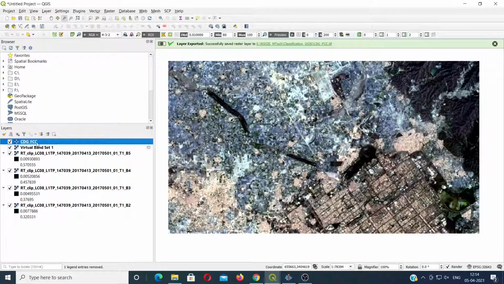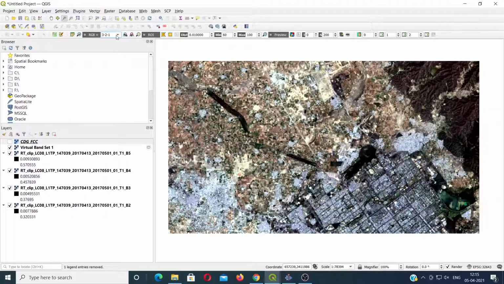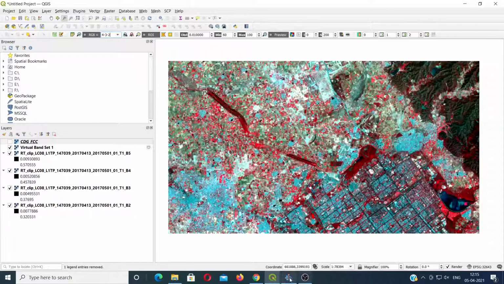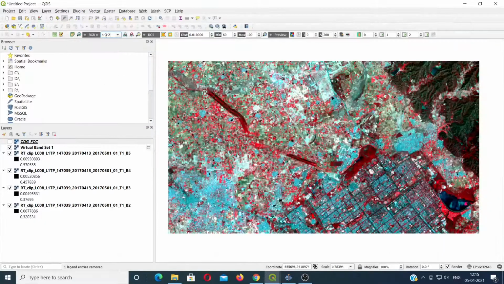So now it has been saved. What you can do is if you want some other band combinations, that also you can use. For example 321, so 321 will be assigned for RGB. If I take 432, now here in our band combinations, the number 4 is the NIR, number 3 is the red and number 2 is the green. So here obviously the 432 will be NIR, red and green. That is how you are seeing the false color composite image for the selected region.